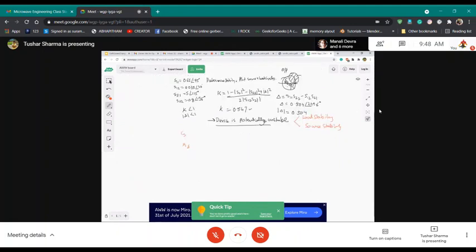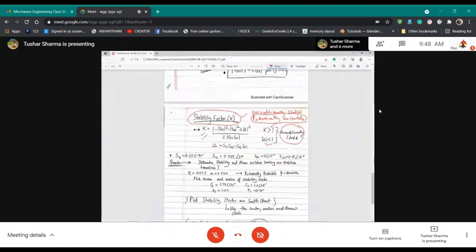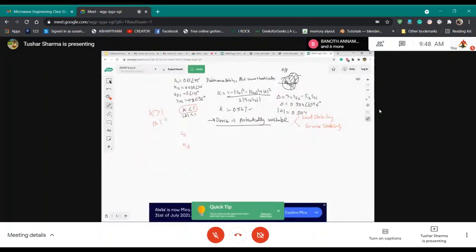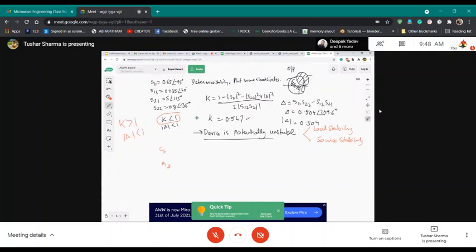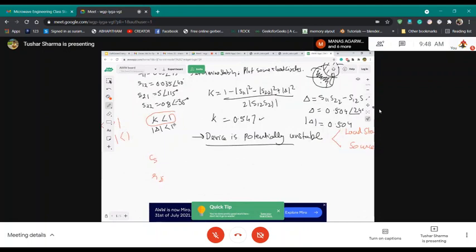Yes, I mean the first thing is K, so first you will check K. If in this case K was greater than 1, and your delta was less than 1. Usually delta, in most cases, will always be less than 1. Okay sir, but if the value of K is less than 1, do we need to check the value of delta, or is checking K enough? Checking the value of K is enough, because delta in the maximum case will always be less than 1.